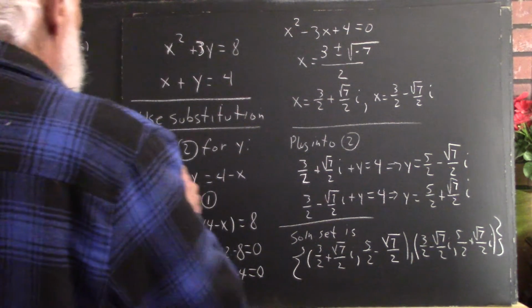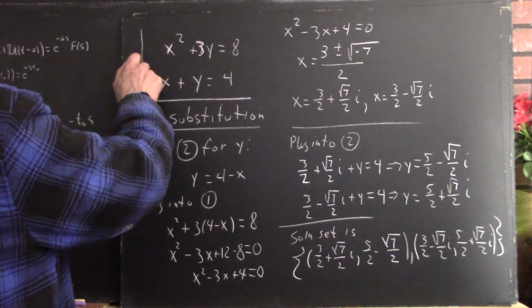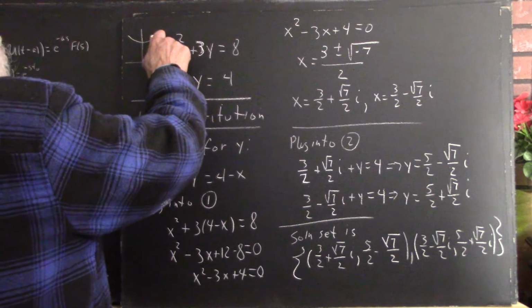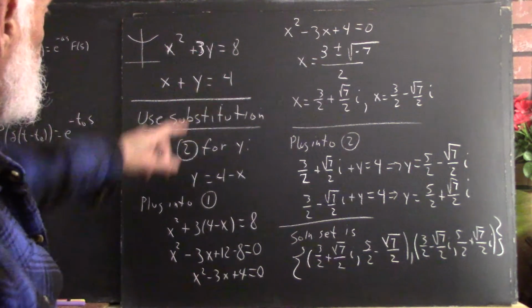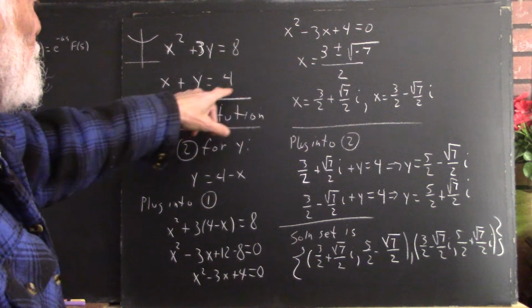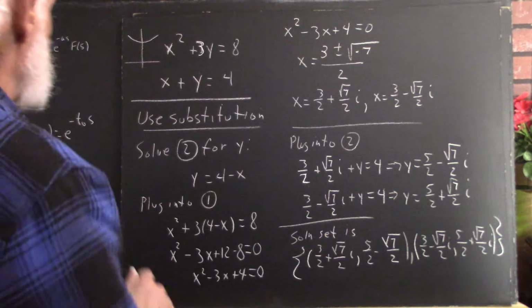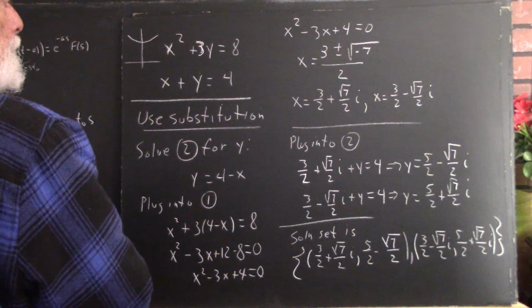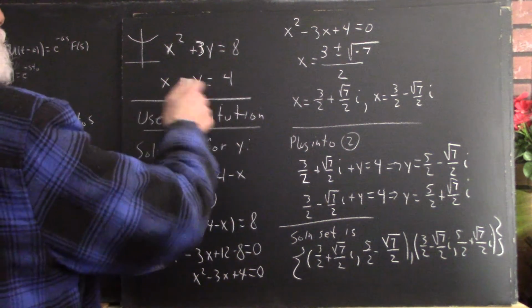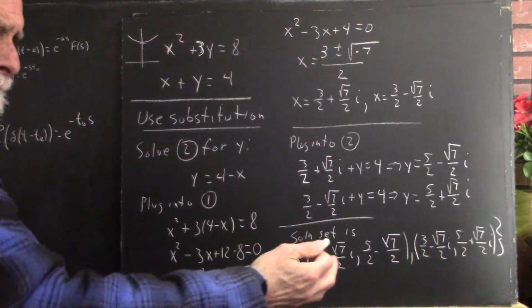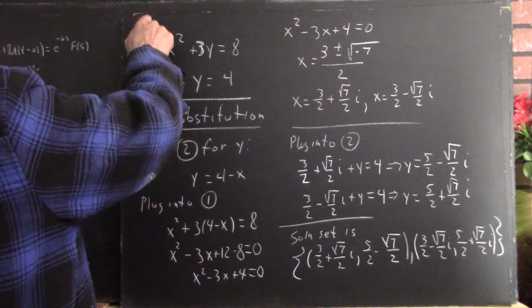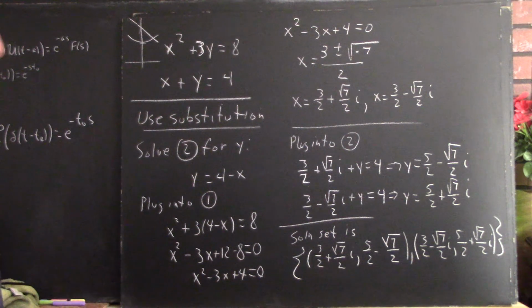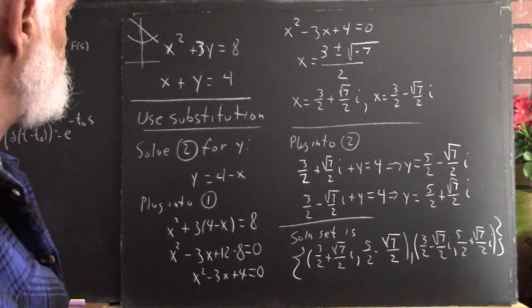If you want to do a graph of this, it's a pretty well squashed down parabola, and the equation is y equals 4 minus x. So up here is 8/3, which is just short of 3. Up here is the line y equals 4 minus x. It intersects, actually,